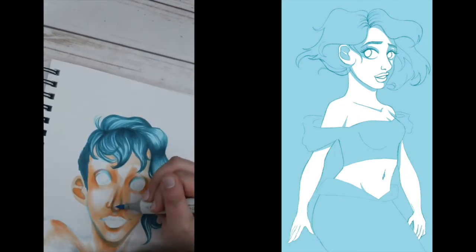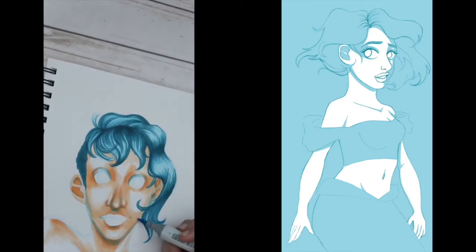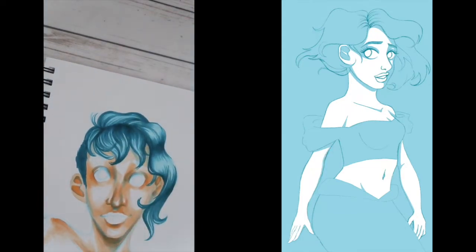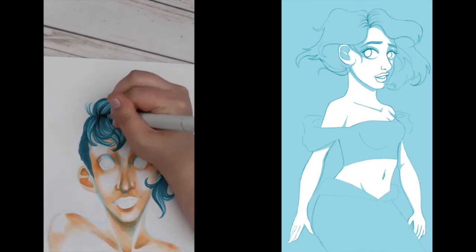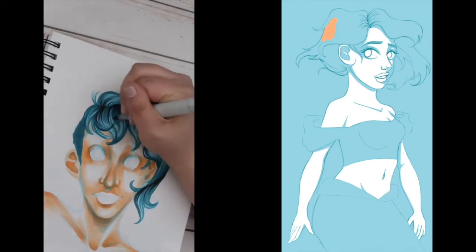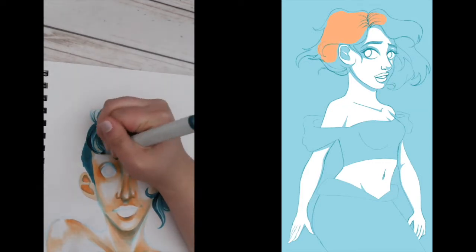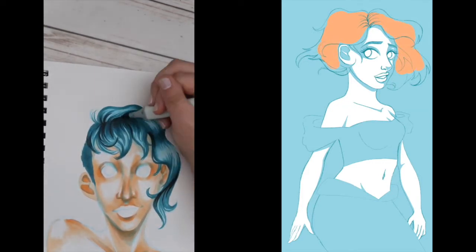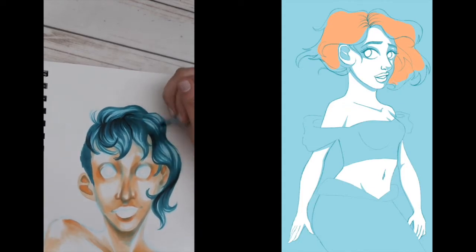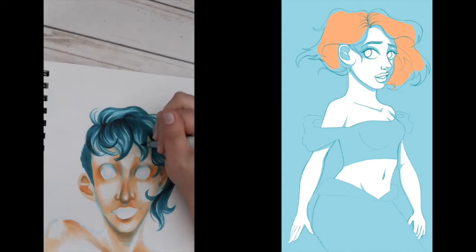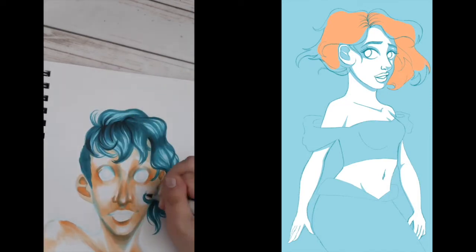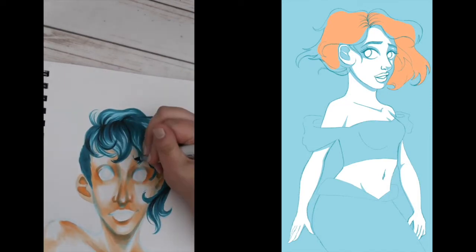I think I actually accomplished that in the digital art piece, and it's one of the few times that I'll admit that I accomplished that. I feel like I struggle a lot with limited palettes, and it's something I'm really trying to work on. I feel like I talk about limited color palettes non-stop, and I'm really trying to get to a place where I can comfortably use three colors in a piece really, really well. It's easier for me to do that digitally. I will admit it's harder to do that traditionally, and it's harder to do that